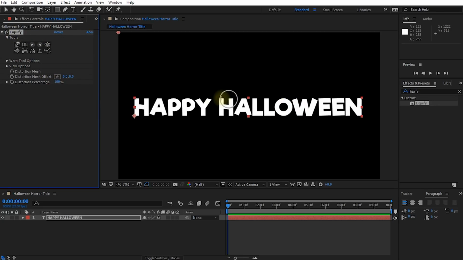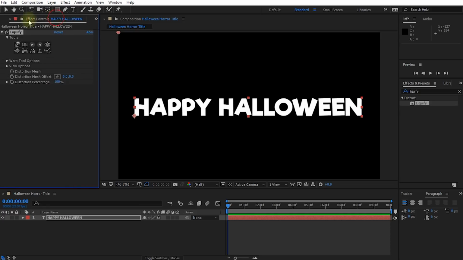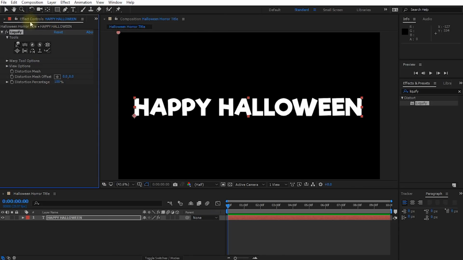In order to start melting your text, we need to start drawing on a distortion or a liquefaction over our text. In order to do that, make sure that on the left-hand side, where you used to see the project panel, which is kind of hidden here, you're selecting the effects control panel. And again, make sure that in your window, you can actually see the effects controls for the Happy Halloween layer. So make sure you're in the effects controls, where you should see the settings for the Liquify effect that we've